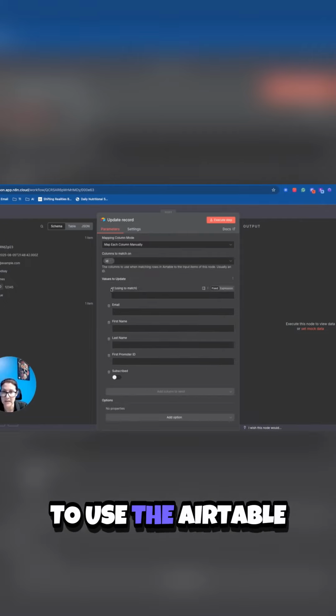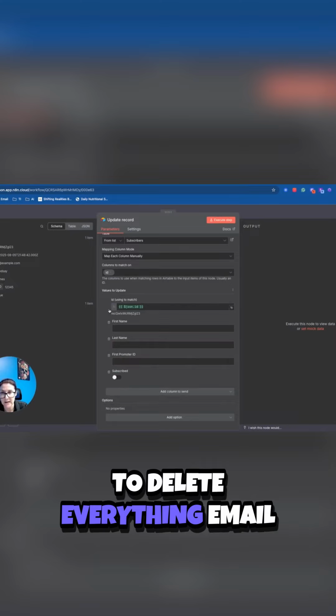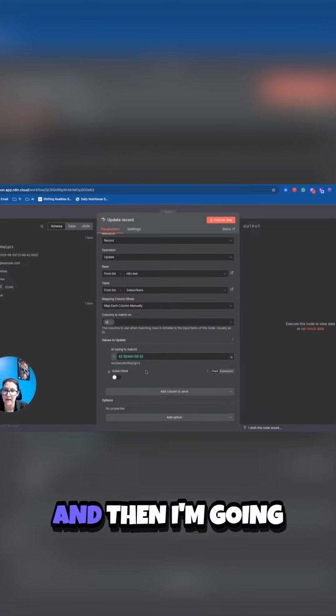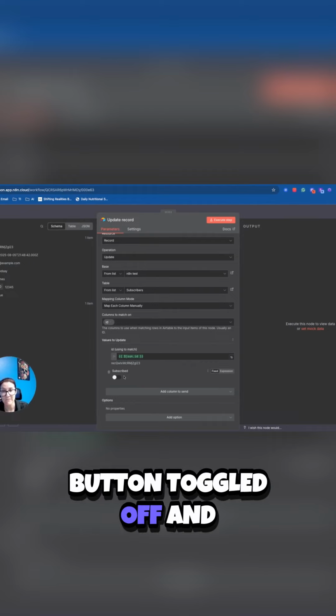And so I'm going to use the Airtable ID to match. So I'm just going to drag and drop that from the search records node. And I'm going to delete everything: email, first name, last name, and first promoter ID. And then I'm going to leave this subscribed button toggled off. And so